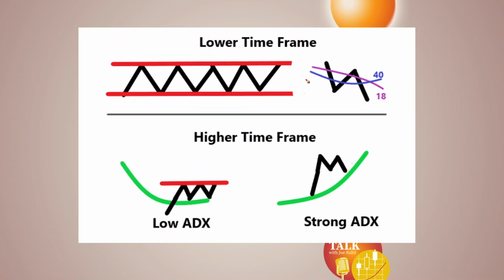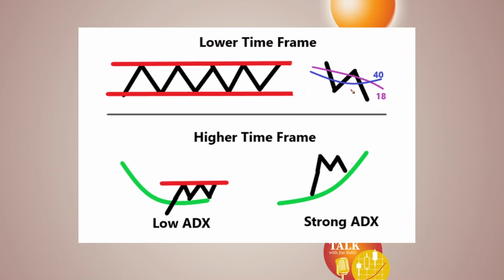You don't typically get an ABC decline, an opposing trend type pattern, out of a low ADX condition. There are two different types of low ADX breakouts, and I'll show you that in a second. And then we've got the strong ADX. A lot of times we're going to get this